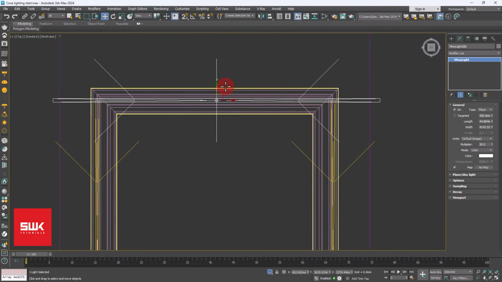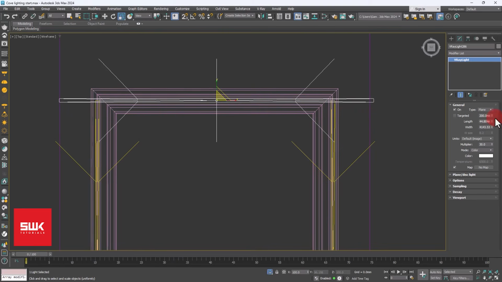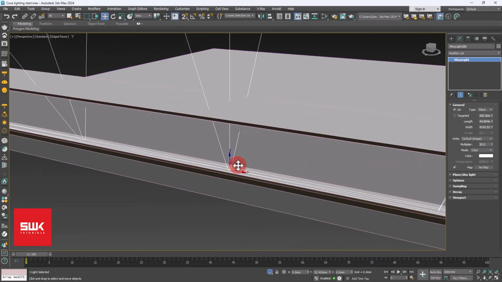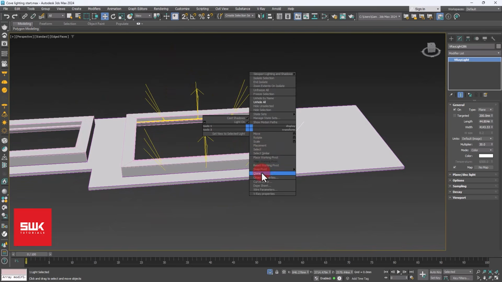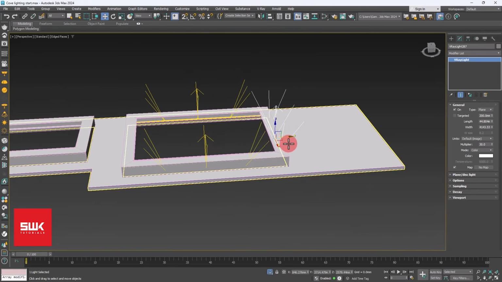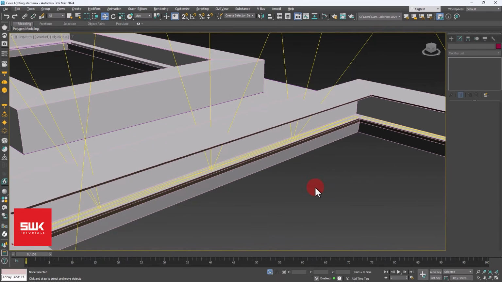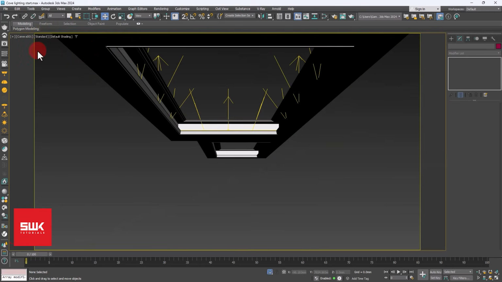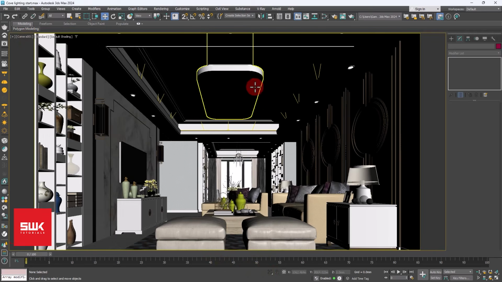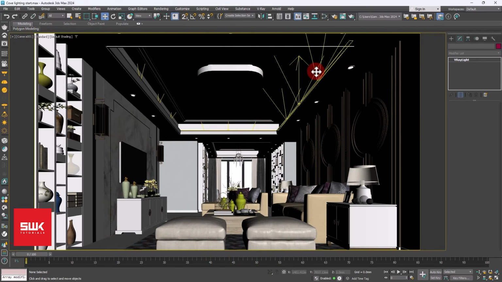Its length is little bit longer, so simply scale it this time. Do not use your width or length, else everything will be scaled down. So just simply do it like this. Press C on the keyboard, exit out of your isolation mode, and now select any one of the light,